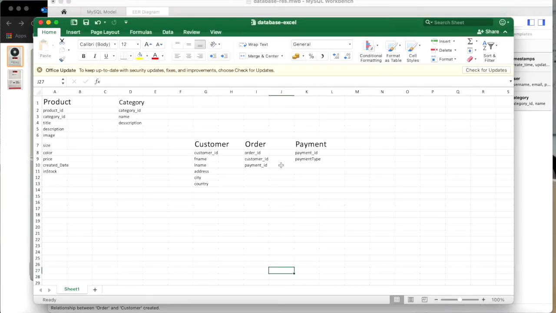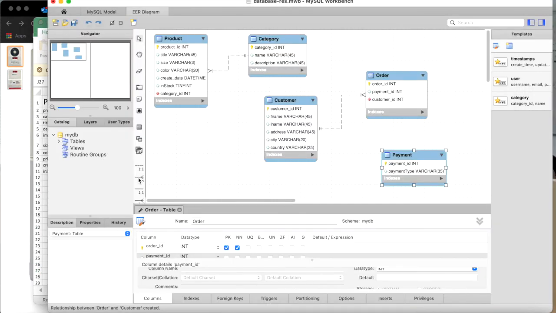If we take a look at it, yes, all products' payment is here. Payment is here, also one-to-many. Let's go back to our workbench. We can place it like this. Yes, I have to pay for a product, and this is how all the tables are related together. A customer must order, and